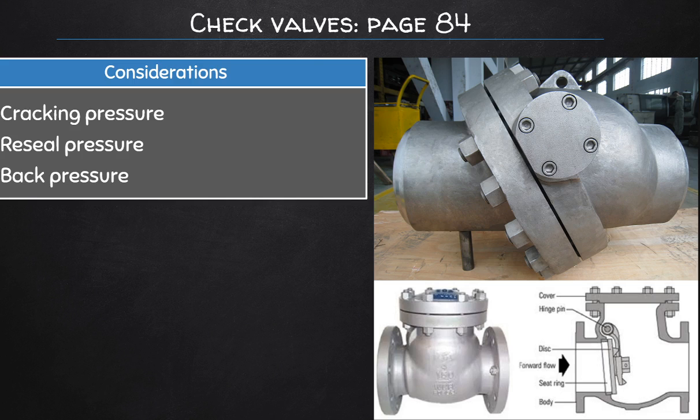because you can imagine the back pressure, which is in the delivery side of the check valve. If that pressure is too high, then the cracking pressure will increase for the valve, and maybe you don't have enough pressure being supplied by a pump, for example, or by the elevation. So you need to be sure that you choose the right check valve that matches the pressure that it has